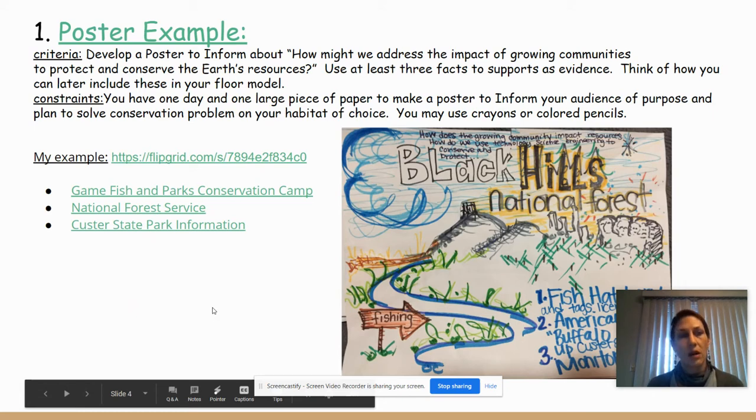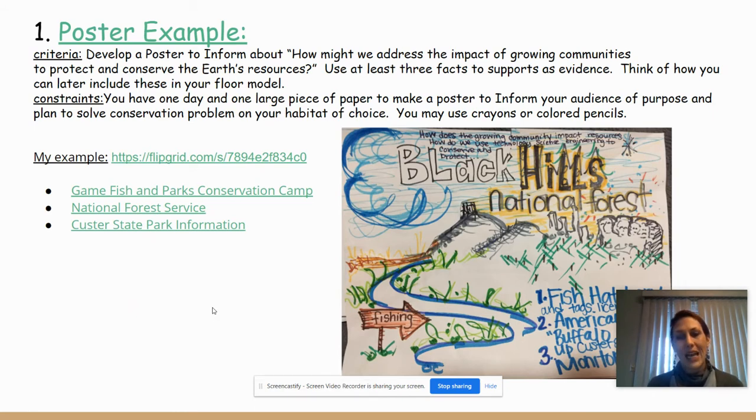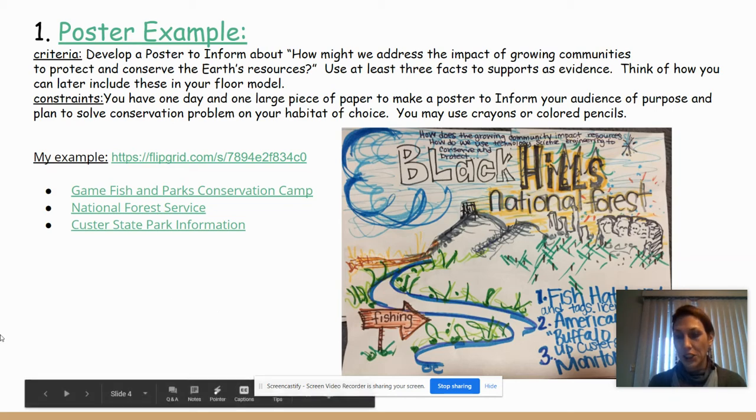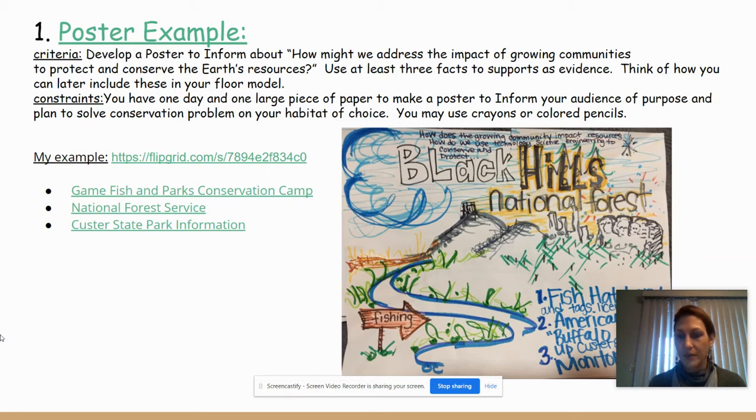Some examples of these artifacts. Again, I have a lot of artistic students who love drawing, so I will let the team they are working with decide how they want to produce a poster. They could make a written poster, or will also be given an opportunity to utilize a stop motion or iMovie or ThingLink, Canva, as another form to express their questions and their process of gathering information and evidence of their item of conservation.